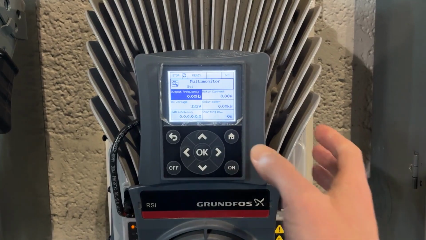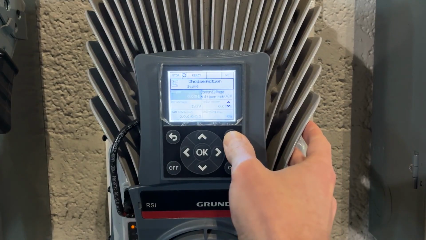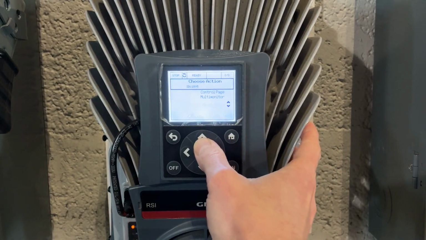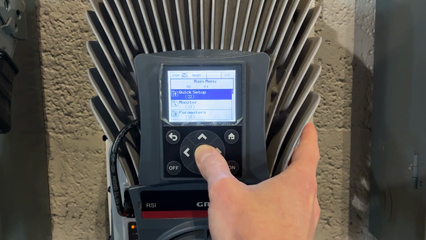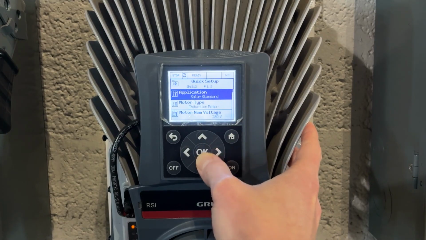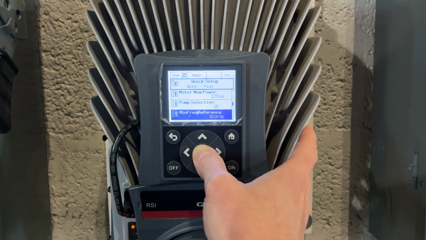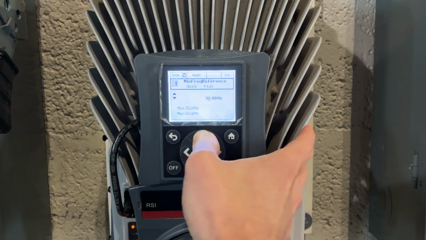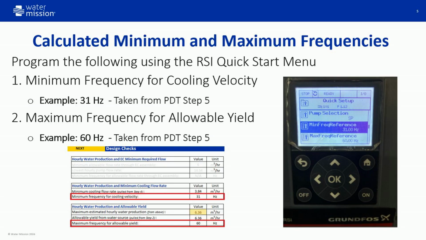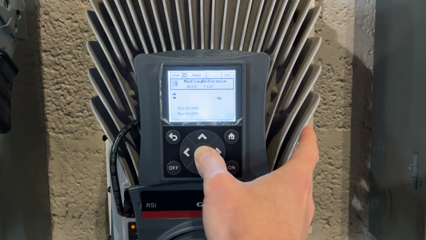To set the calculated minimum and maximum frequencies, press Home, Main menu, Quick Setup, scroll down and select Min Freq Reference, select Edit, use the arrow keys to adjust the frequency to the calculated frequency from the Water Mission Pump Design Tool, which in this case is 31 Hz. Press OK to save, press back,